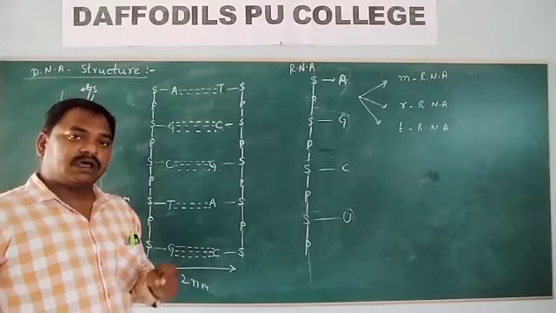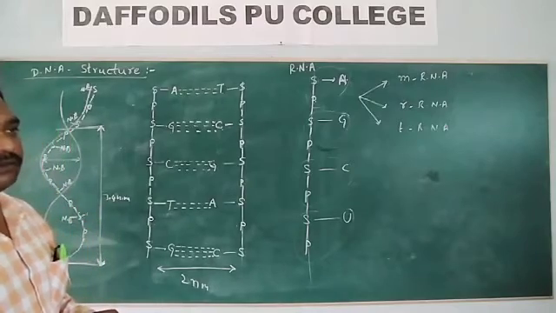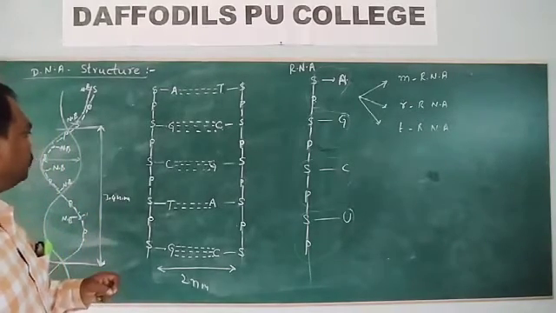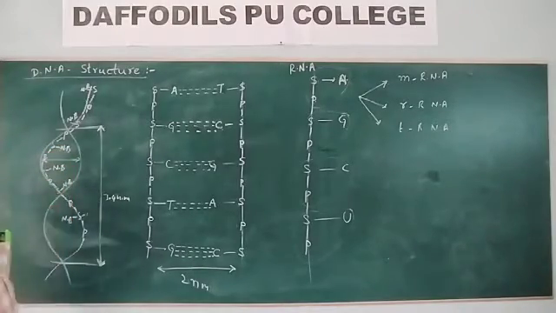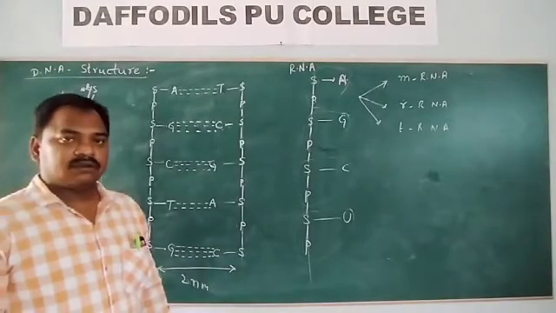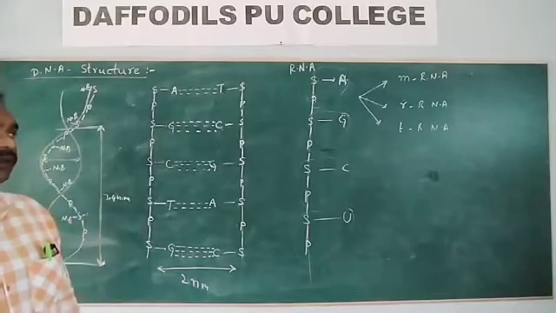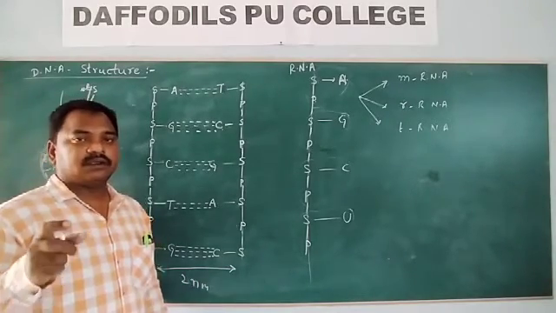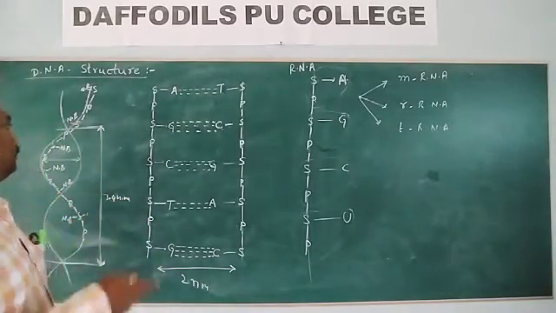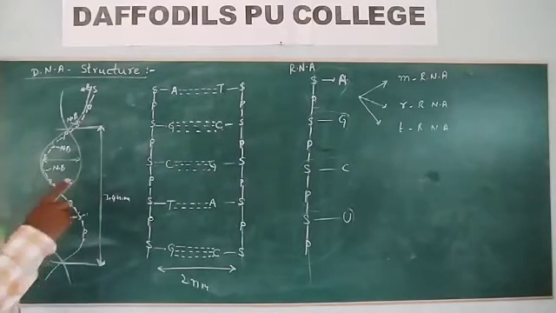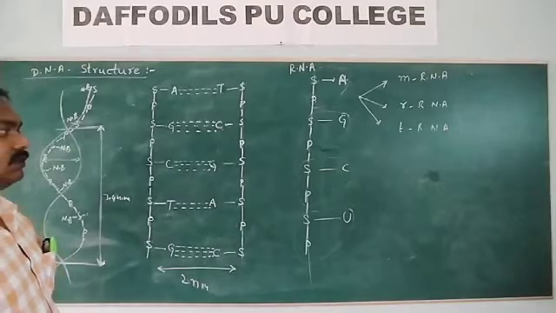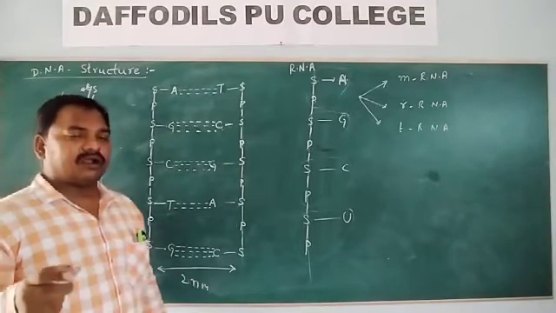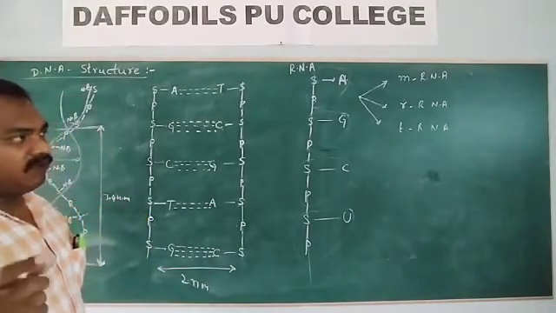The information about protein is stored in DNA in the form of nitrogen bases. Whenever we are trying to form a specific type of protein,